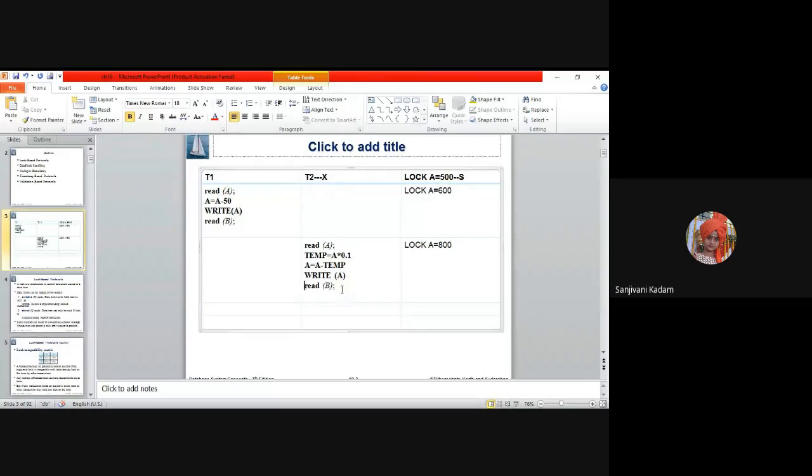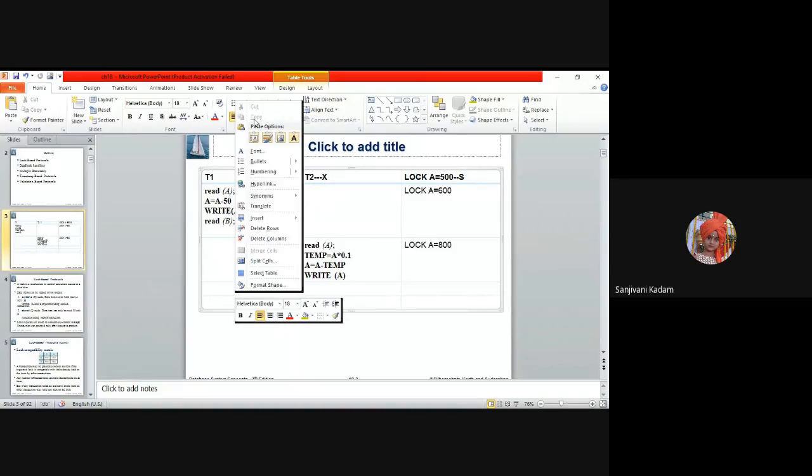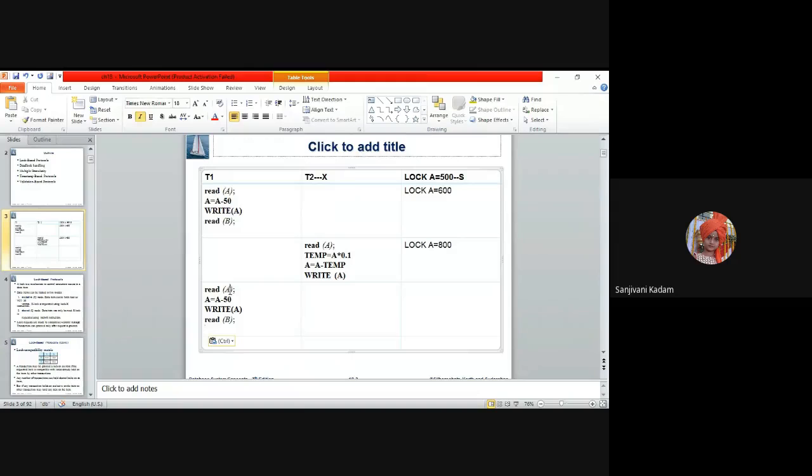And as we wanted to show this serializable schedule, this is the first part, and this will be the other part. This will read data item B and will add 50 to B.